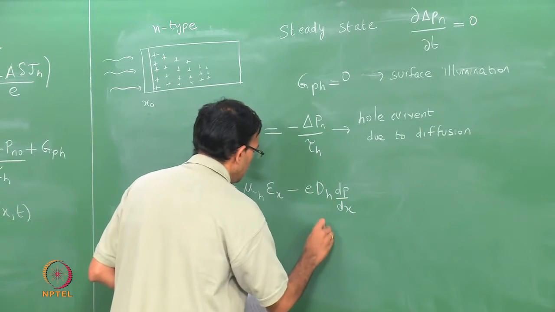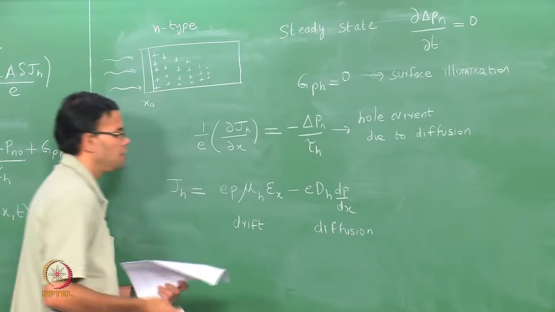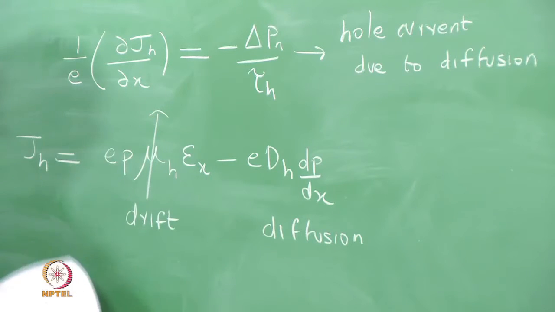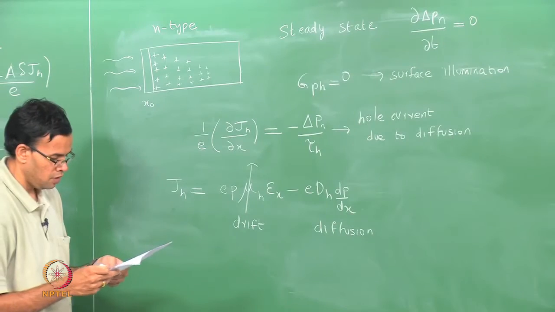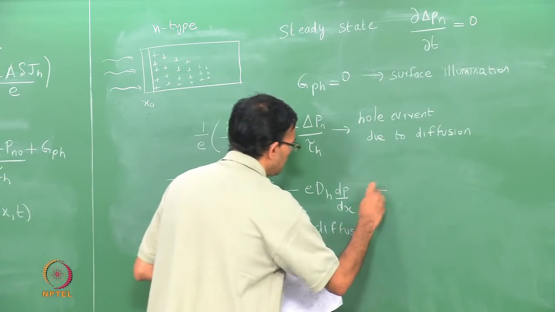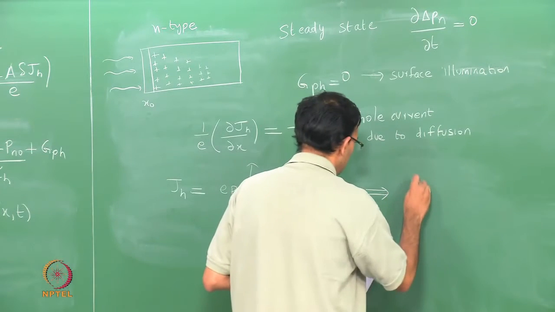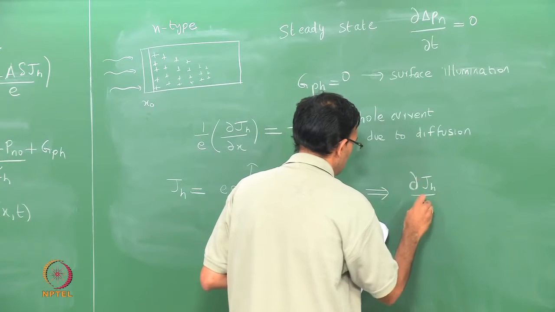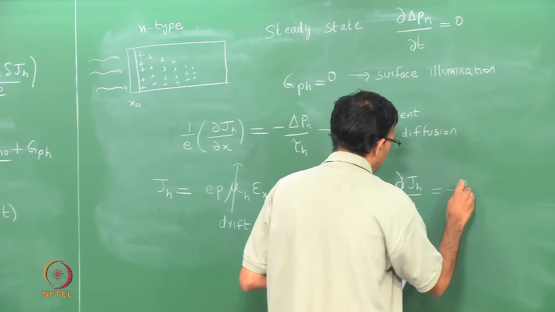The second term is due to diffusion. If we ignore the drift current, we can equate this flux to this equation, so that when we differentiate, what we get is dou Jh over dou x is minus Dh